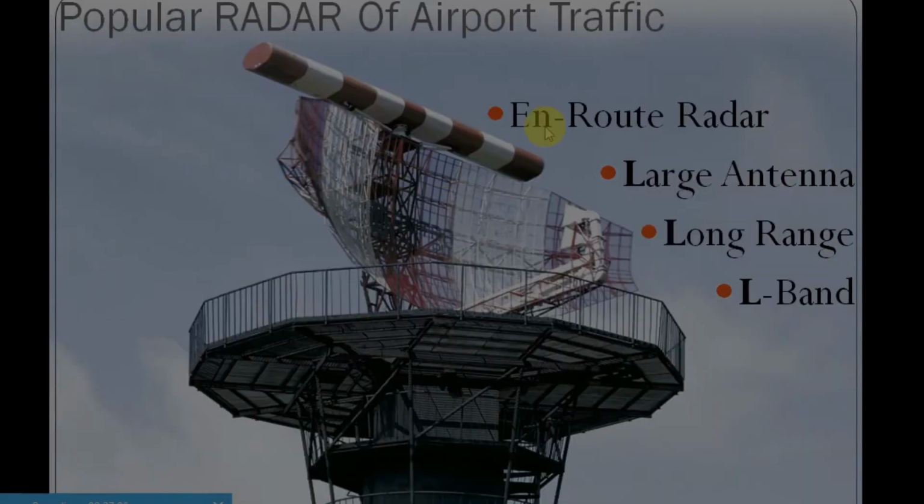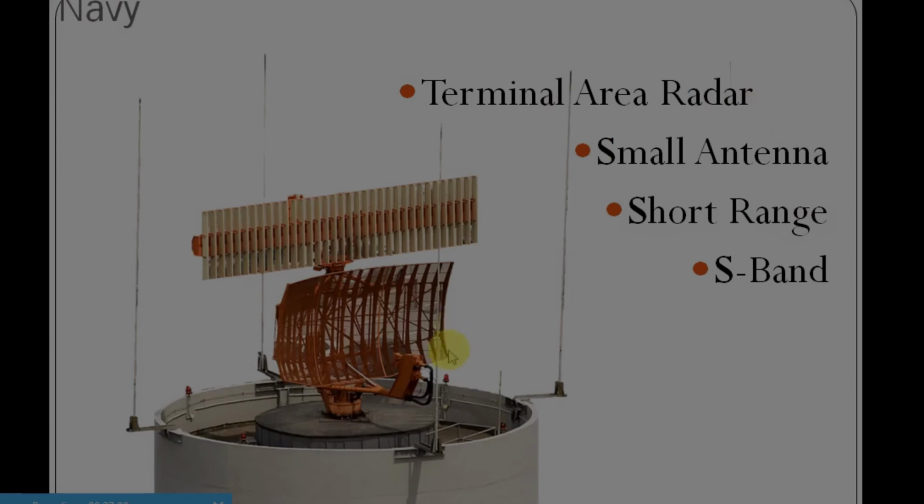Then there is the terminal area radar. This radar is most popular for ships, for navy purposes. On a ship, you can see this kind of radar frame. There is a cut parabolic antenna, along with some horn antenna combinations. Two horn antennas are there for TX and RX. These are phased array reflectors. These antennas have very small weight and small area, but a short range. They work in the S band. This radar is called a terminal area radar, which is mostly popular for naval ships. Naval ships utilize such kinds of radars.